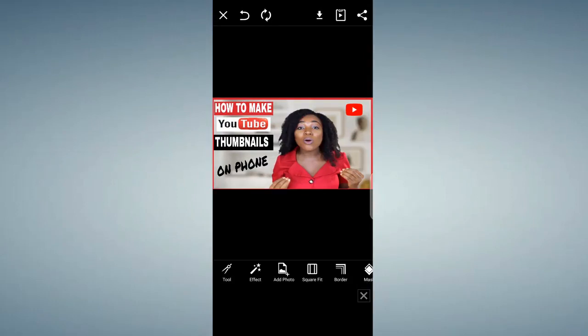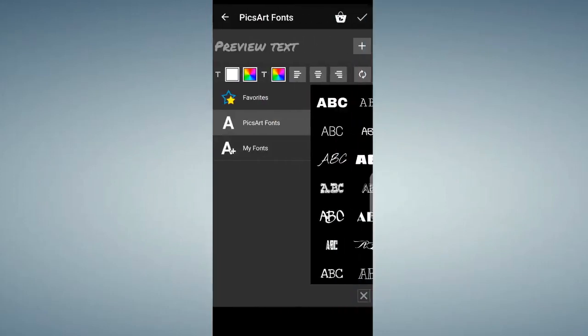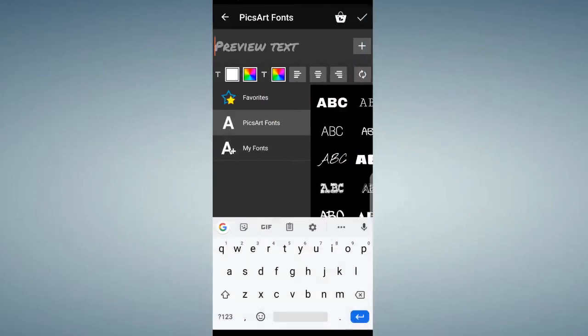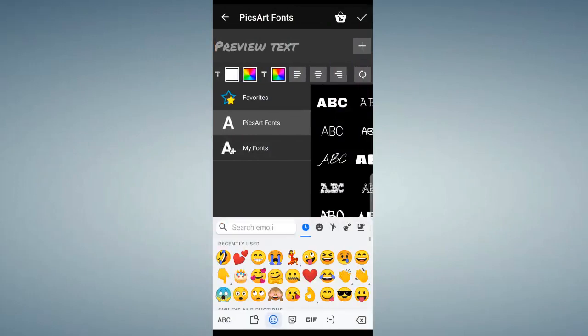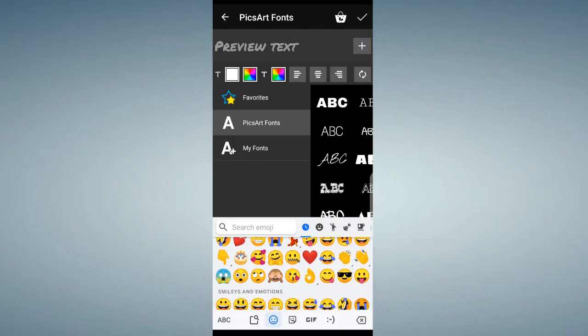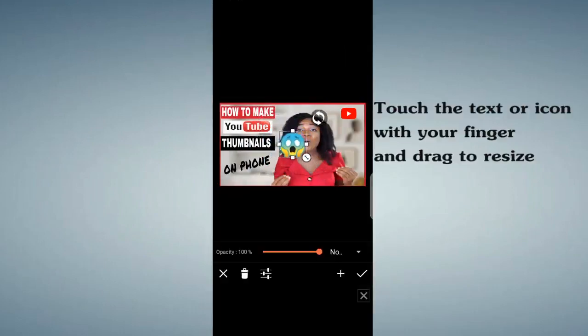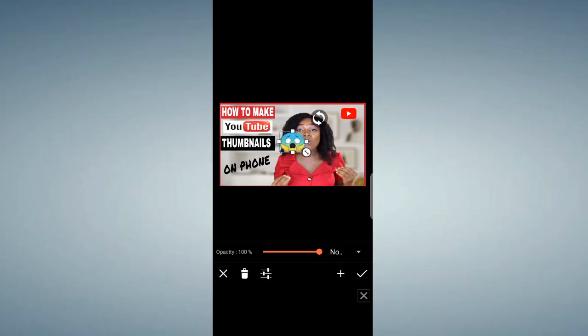So if there are some other things you can also add to this in case you want to express sadness or something, you come over here and click on text. It brings you to the text page. So come right down here and click on this emoji, and it brings emojis you can use. These are the ones I recently used. Maybe you're not happy, so you can just choose this one here. This one shows someone who is not feeling happy and all that. You can also delete it before you click on OK,